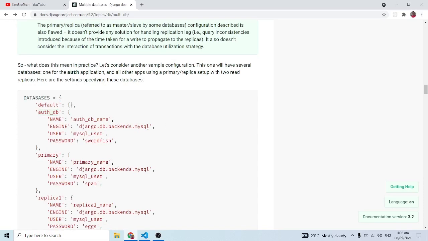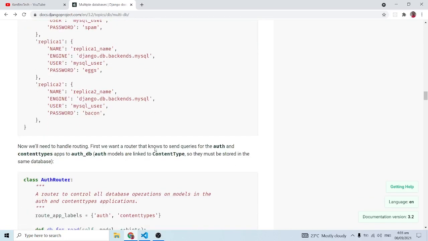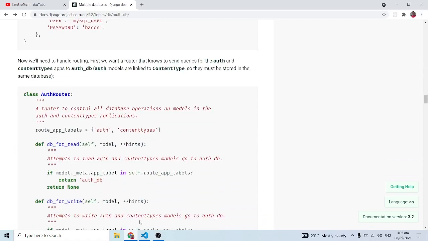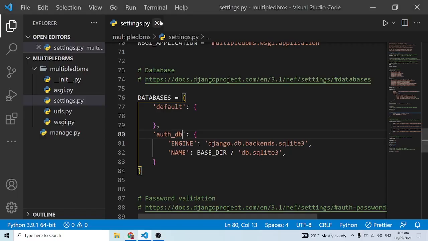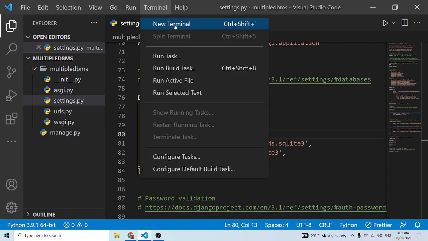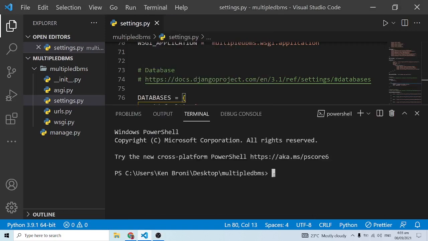And over here, they are using MySQL for their database. Remember, with our auth db, we are using SQLite 3. That's the default database. But before we can set everything up, let me just show you this. If I open up the terminal and run python manage.py migrate,